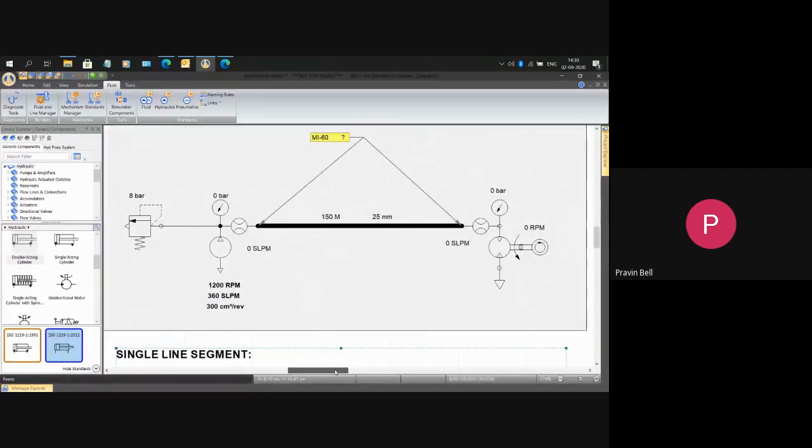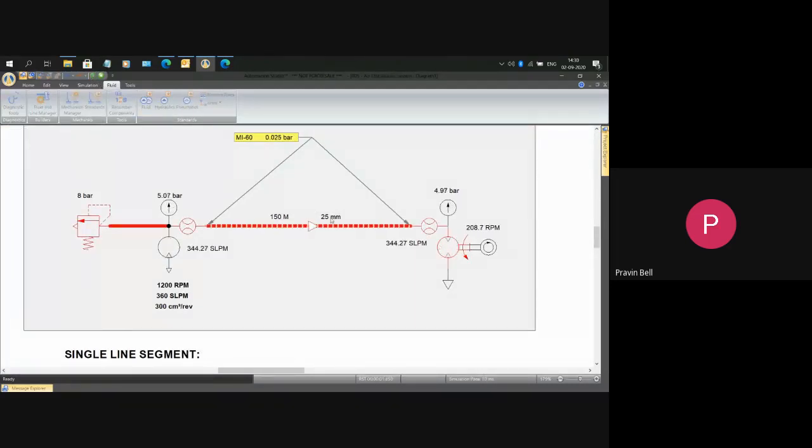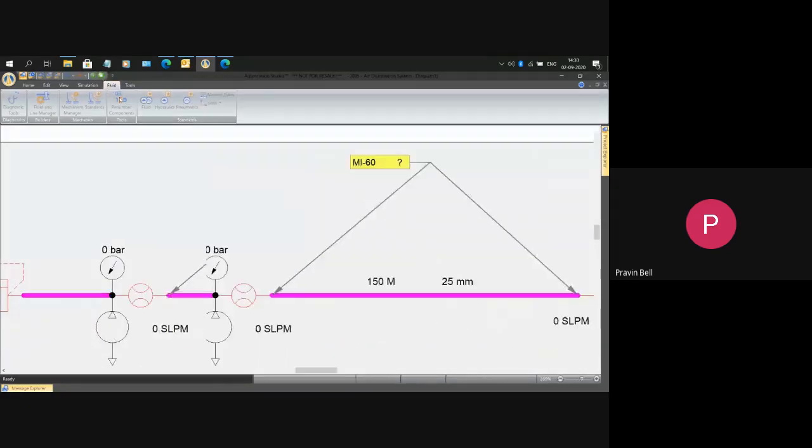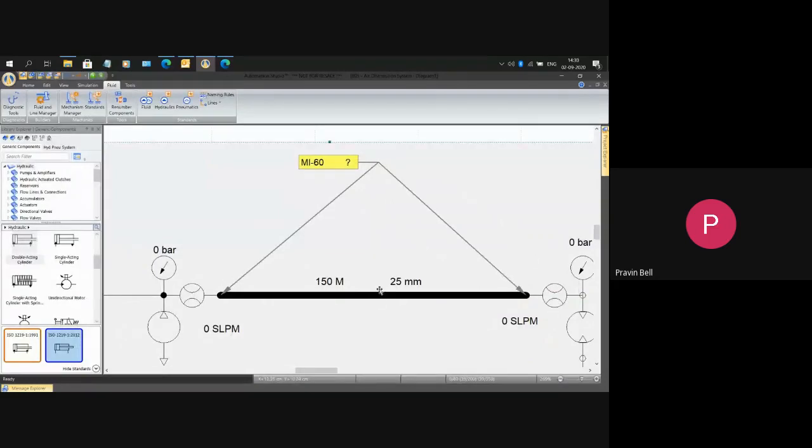So in this case, we've taken a single line segment, and we've taken an 8 bar pressure relief valve, a compressor which delivers 1200 RPM, 300 cubic centimeters per revolution. And we have taken a line which is 150 meters and a diameter of 25 mm. So if I simulate this particular circuit here, at 25 mm, it is showing me a pressure drop of 0.05 bar. Okay. If I go to this line now,